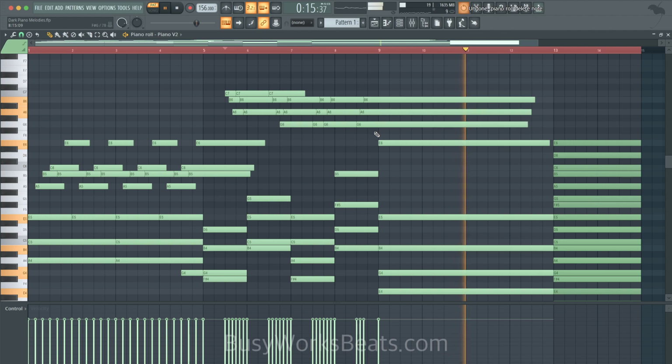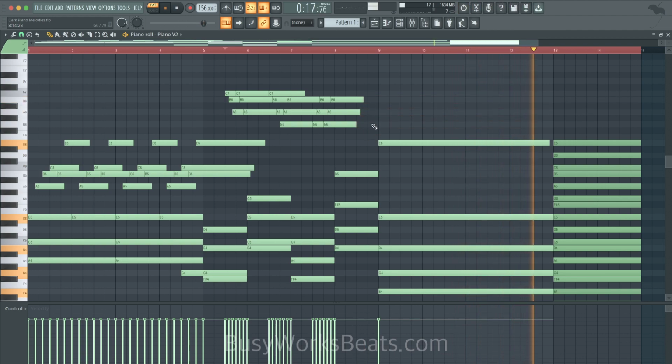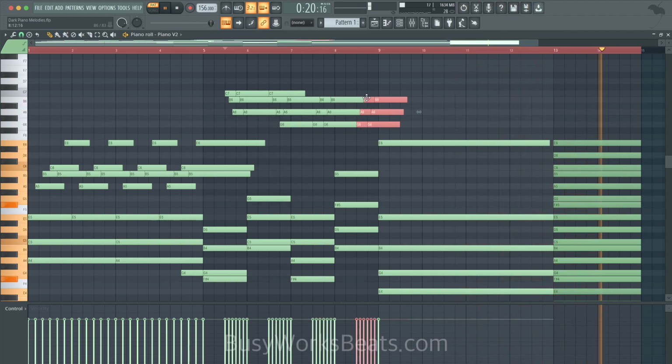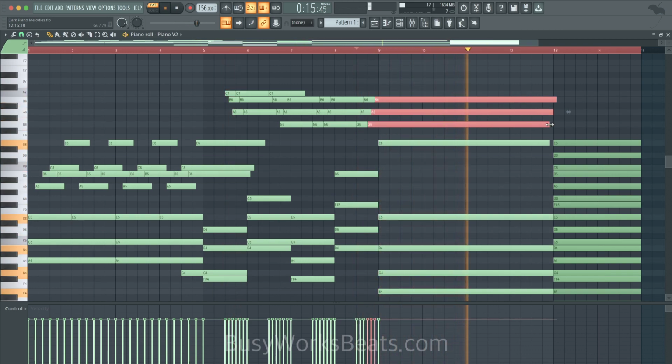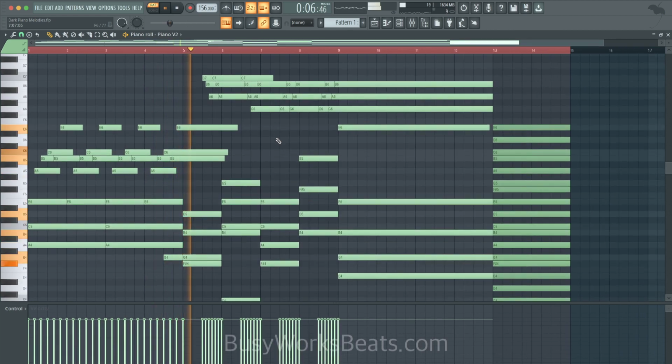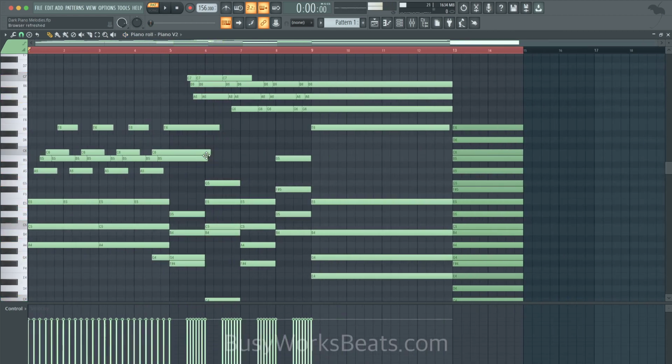So when I do, where's that at? Let's copy this over. Drag these notes out. Right, there we go. Now, if you wanted that dun dun dun, dun, you could continue that motif going through, that rhythm going through. Let's see what happens if I use that same note structure going through.